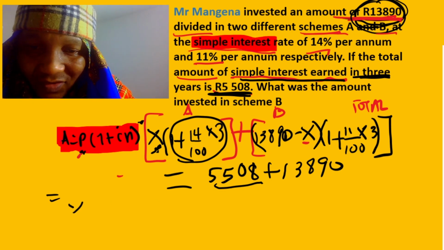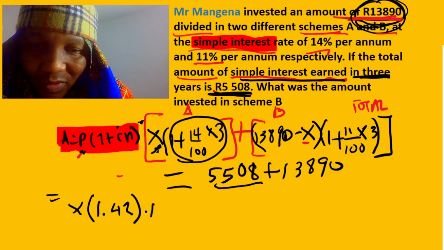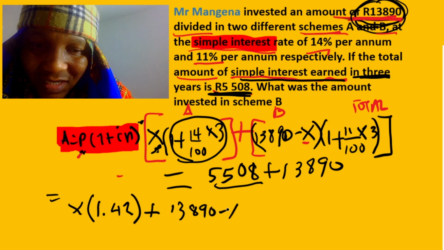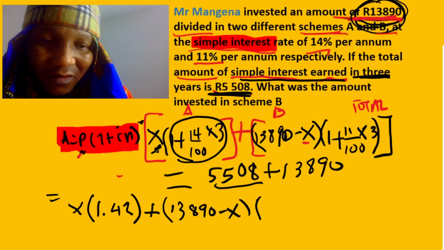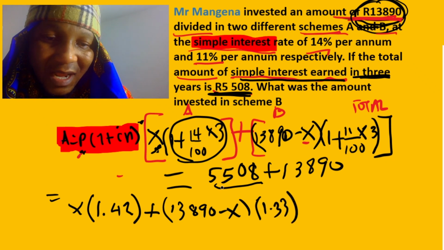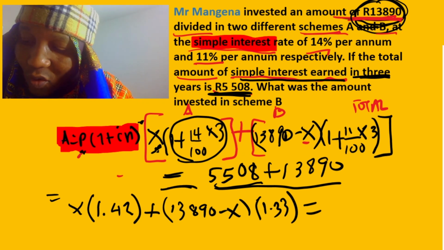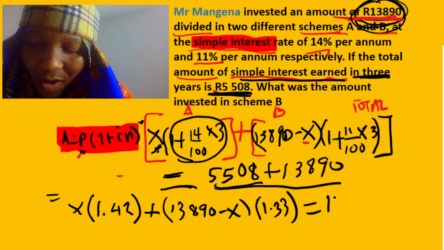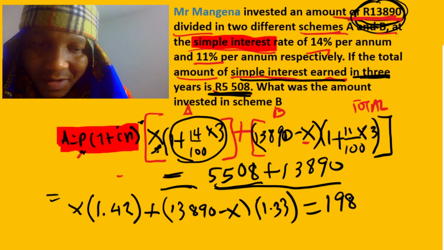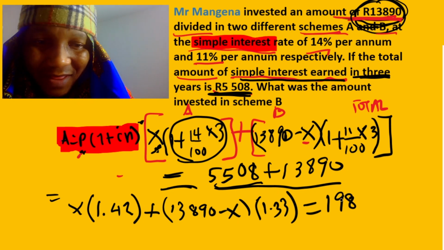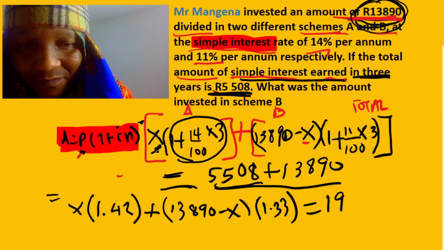So we're going to have X bracket 1.42, and then we plus 13890 minus X. Plug the other one in the calculator, it's going to give you 1.33. And then take all of this, because we say equal to, plug it in the calculator, that one also is going to give you 193,